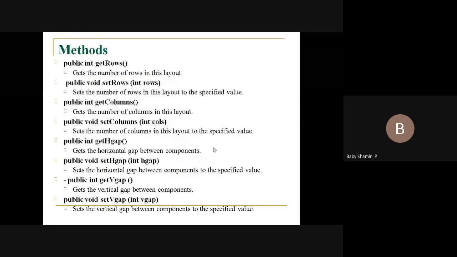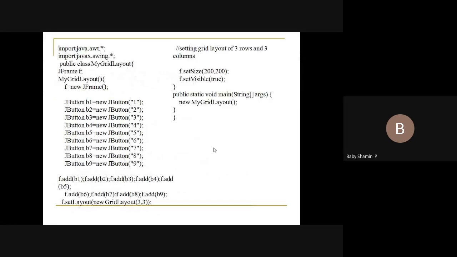So this is an example for GridLayout. No changes, all the programs are similar. The only change is we have to set the layout. That is the difference here. So I am going to add component buttons into the GridLayout environment. For that, first I am going to declare a class, GridLayoutOf. Here we have a class GridLayout. Inside it I am going to create an object for the frame, and through this object I am going to access all the functions.